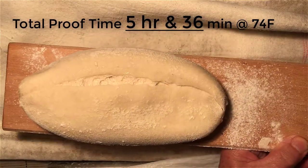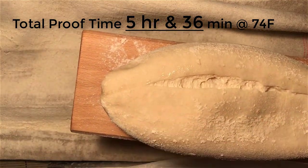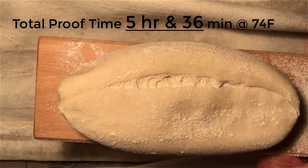This is loaf number 8, and definitely overproofed. You can see where it's collapsed here, so we definitely took it to the overproof stage. I'll go ahead and bake it up and